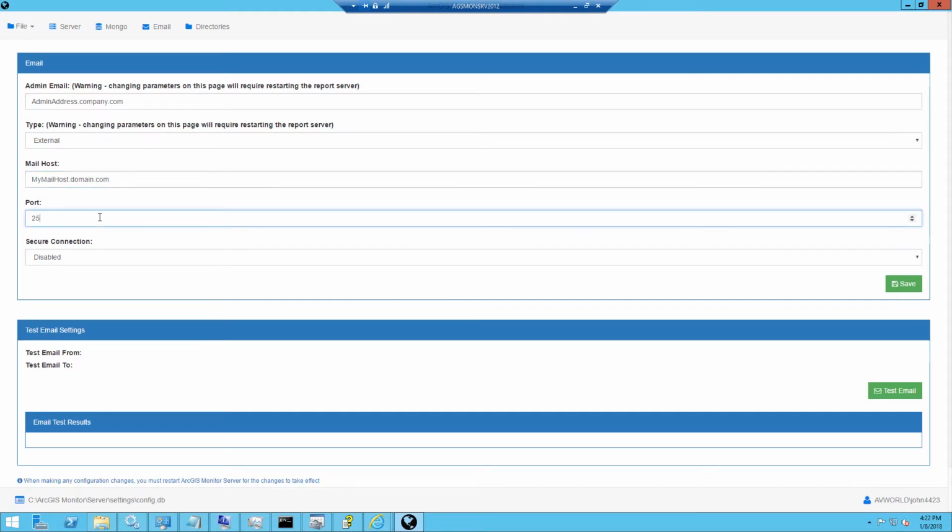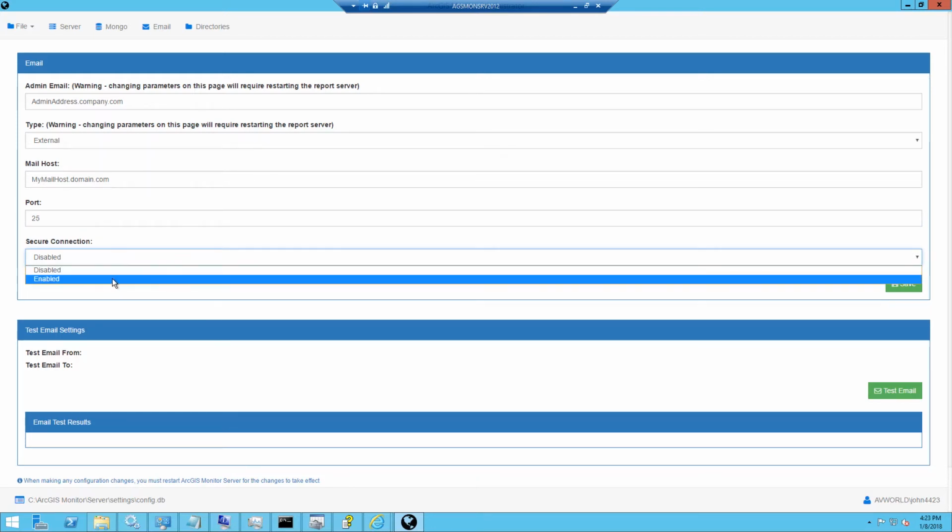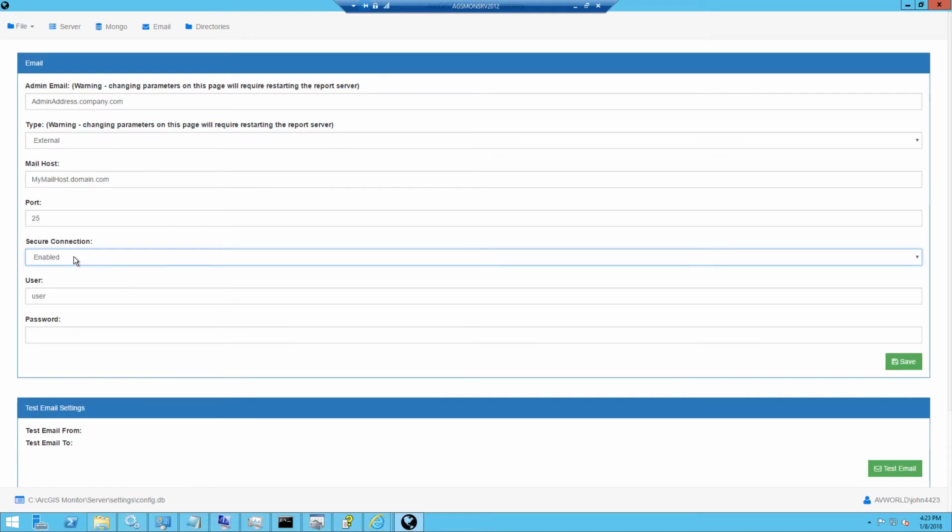Next, we need to enter the port number that will be used for communication to the SMTP server. Check with your IT department or system administrator for the appropriate port number. If your SMTP server requires a secure connection with authentication, select the Enabled option and enter the username and password